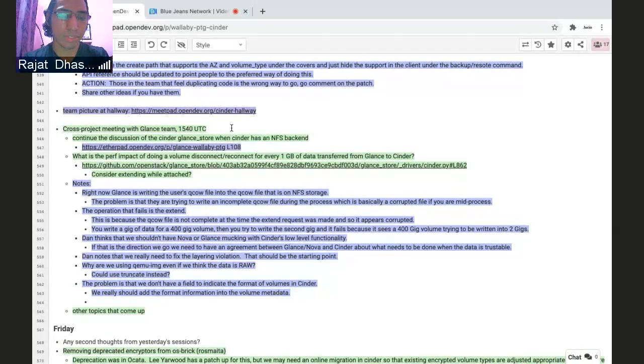Just wanted to add some information regarding the image volume that we create from the Glance side. There are options to set the project in which the volume will be created. Also, the volume is set bootable to false. So that volume is purely separated from normal tenants and normal users. And there is documentation around it that we shouldn't perform any operations on that volume. So I just wanted to mention that the volume is separated from the rest of the deployment.